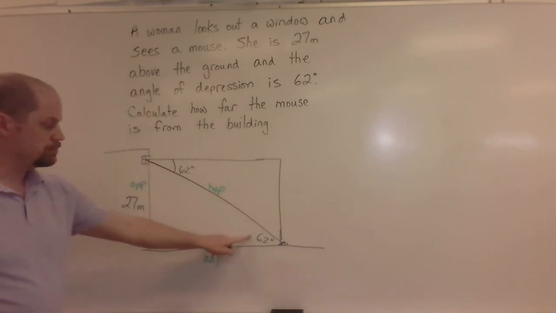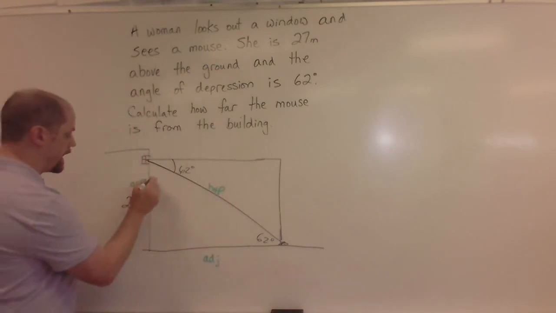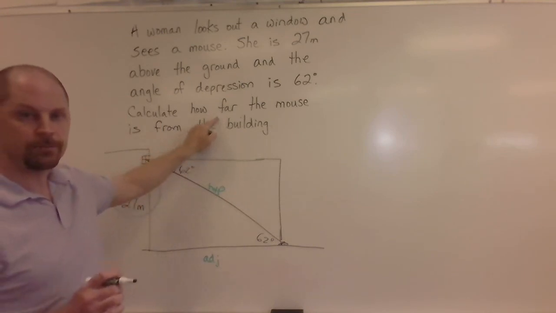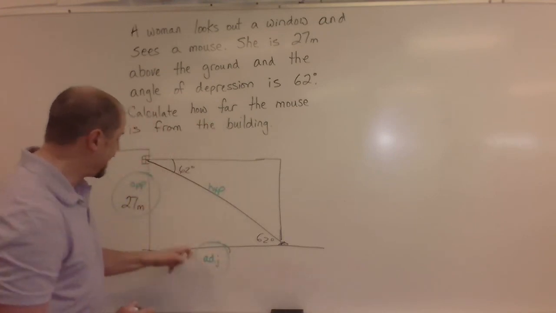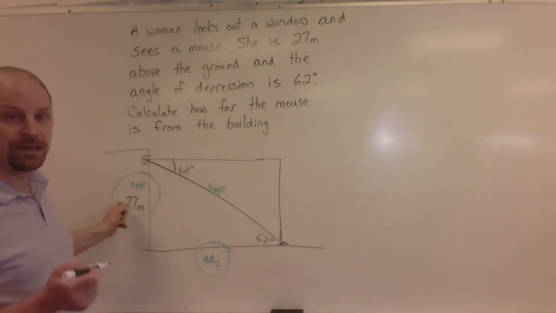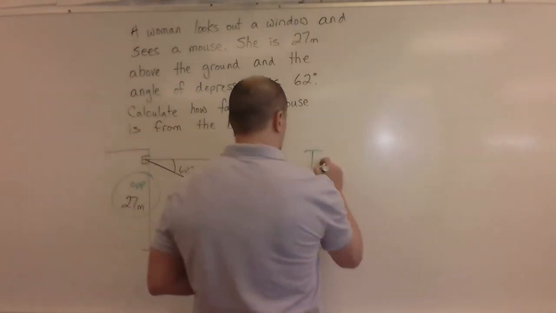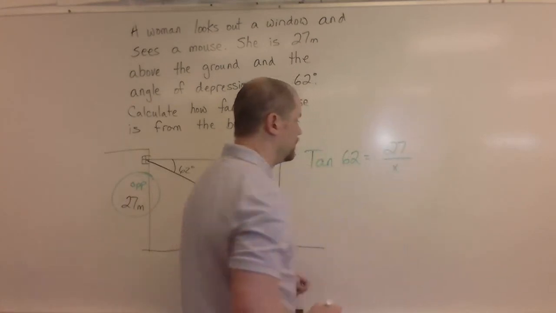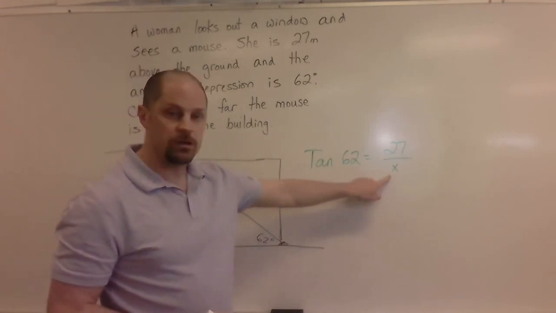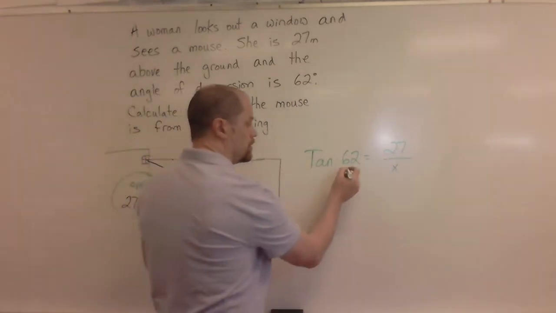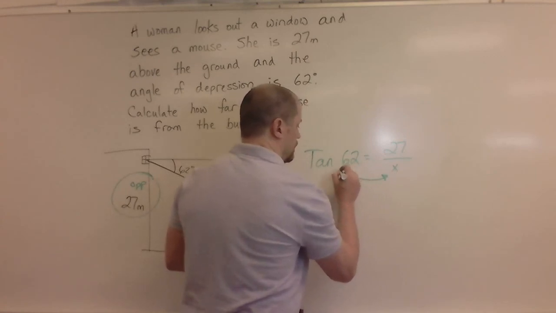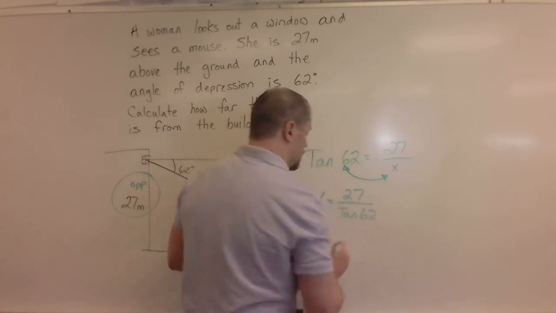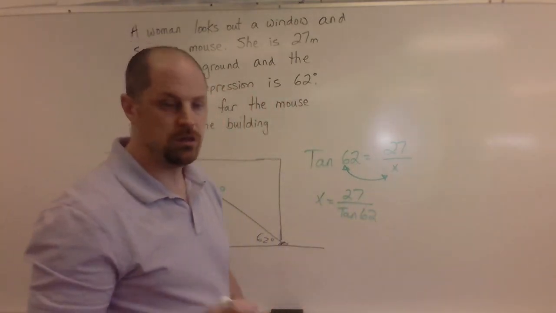So for this particular problem, we've got the labeled sides. I have the opposite, and we want the distance the mouse is from the building. So what I'm going to do is I'm going to circle this one, and the only ratio with opposite and adjacent is tangent. So we're going to find this. The unknown is on the bottom, which we don't like, so we're going to do the switch. And plug it into our calculator. Once we do that, we get